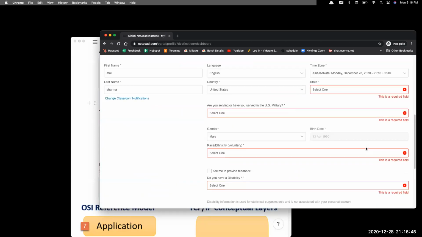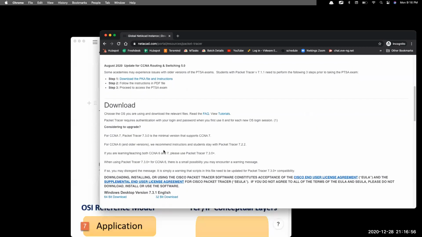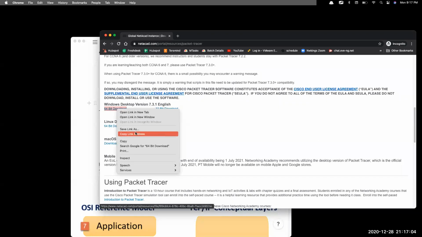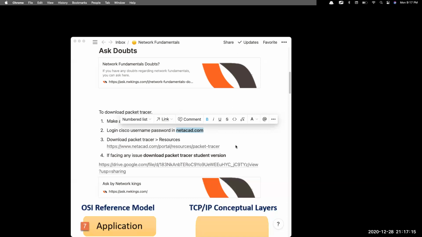Now, you can see once you log in into this Network Academy, on the resources section, you can see download Packet Tracer. Once you download this, you can see here Windows desktop version and Linux or Mac OS. Even I can share the direct link of Packet Tracer from here also. But the problem with this link is that you still need to create an account. Even if I add a direct link here, you need to create the Cisco account because in Packet Tracer nowadays you can't log in without